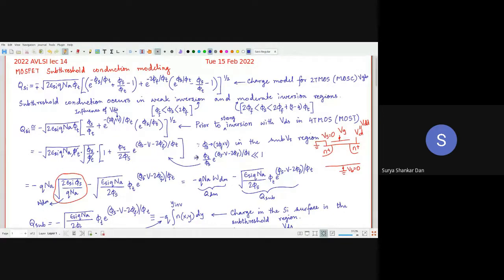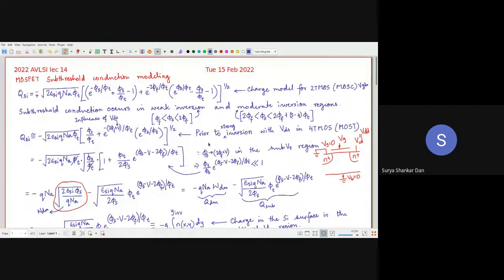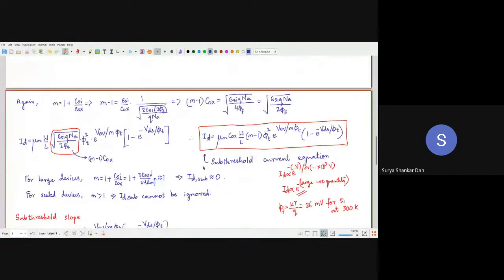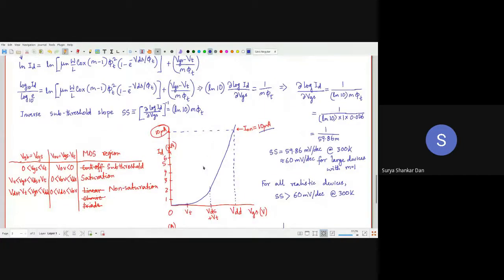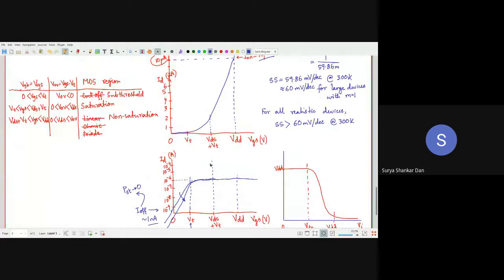Our PMMD friends, I'm sorry if I have given you fewer marks because you could not solve all this, but for ME Micro, this was very, very important. And it is very important even for the circuit designers. I will always encourage you one thing, that if you want to be a very good circuit designer, know devices very well. I have seen circuit designers who are very good in circuits, but the problem is the moment there is a shift in the technology node, they will not be able to understand anything.